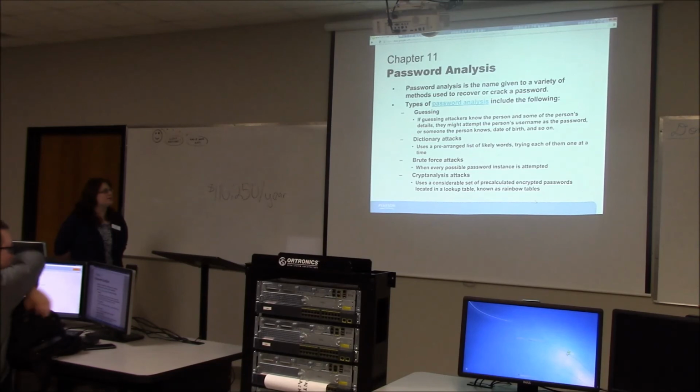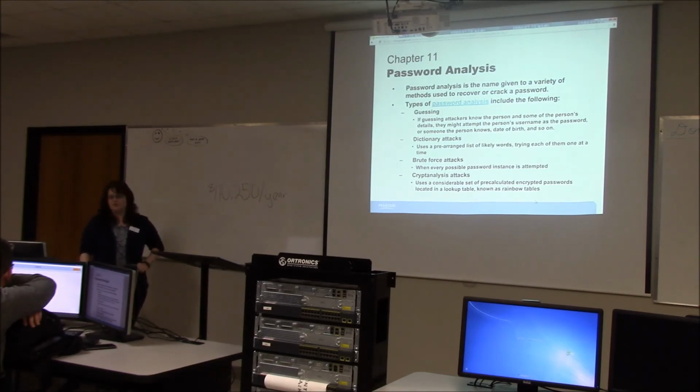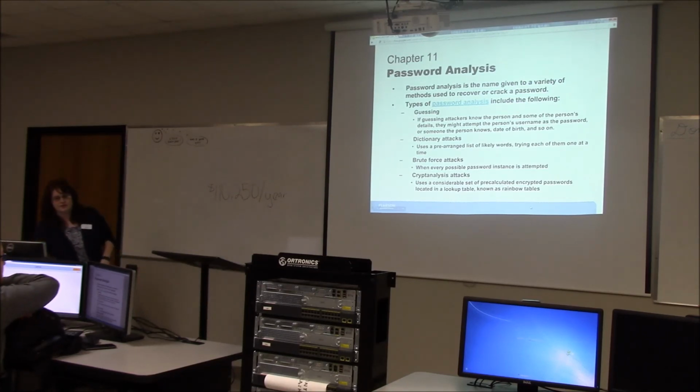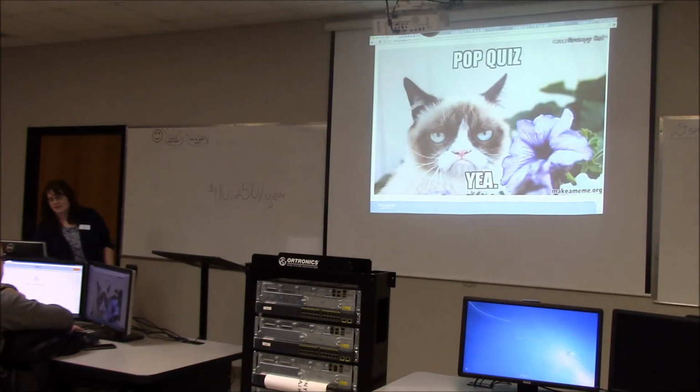The cryptanalysis attack, so we might use something in a rainbow table or something that's already been calculated, so the CPU is not calculating everything, it's just checking against a big list. So there's a few ways that we can do our password analysis. One of the popular softwares online, if you want to play with it, that's free, is called Cain and Abel. The brothers in the Bible. So if you want to play with that at any time, that can be done for you. Okay, so let's go